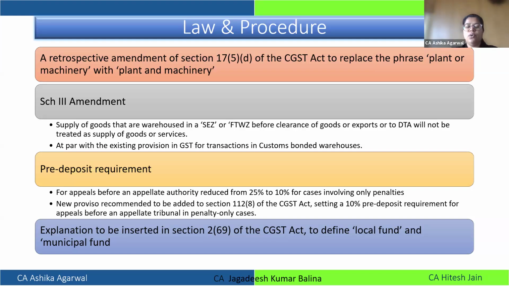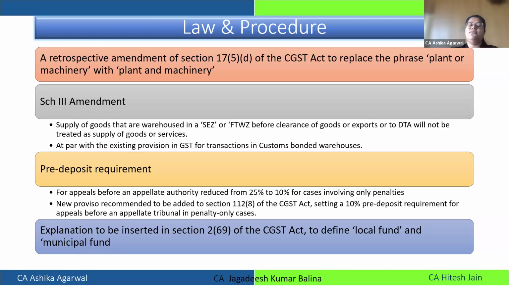Now you all will be recently aware of the Safari Retreat case. In the Safari Retreat case, the Supreme Court has analyzed section 17(5)(d). And that analysis has been done based on one phrase, that is "plant or machinery". When we read the Act, we will notice in most places the word "plant and machinery" has been used, even in 17(5)(c). But when we come to 17(5)(d), which deals with construction service of own immovable property, over there the term used is "plant or machinery".